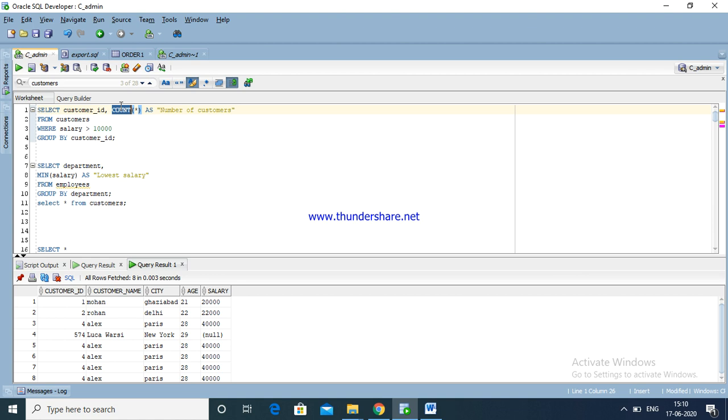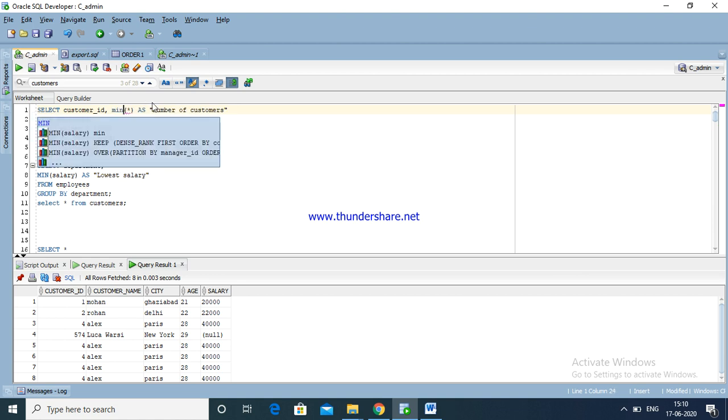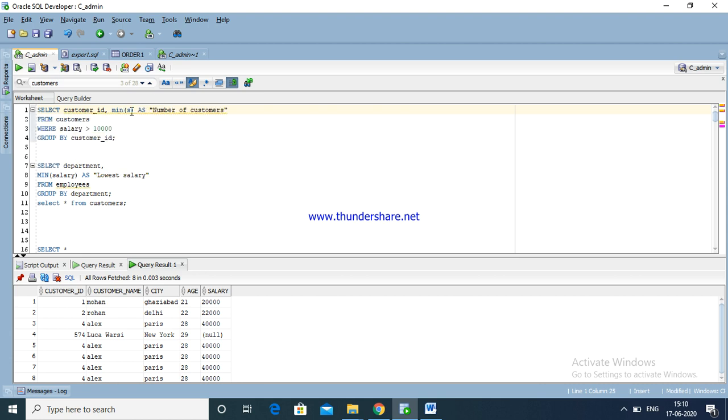MIN function here is using salary, lowest salary.